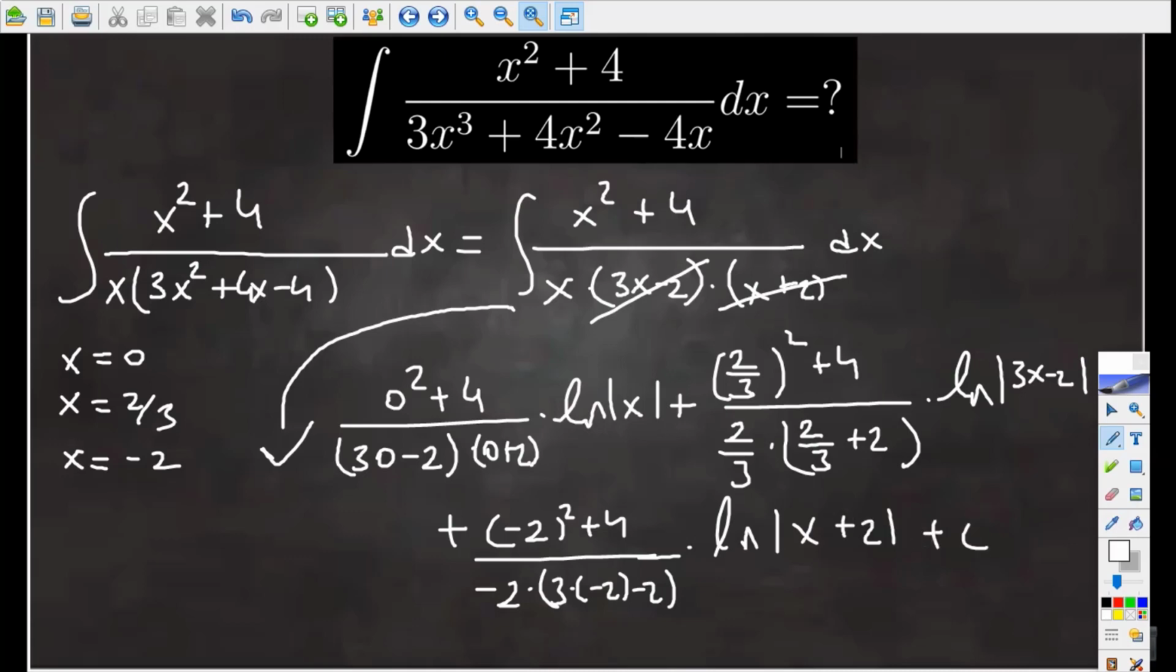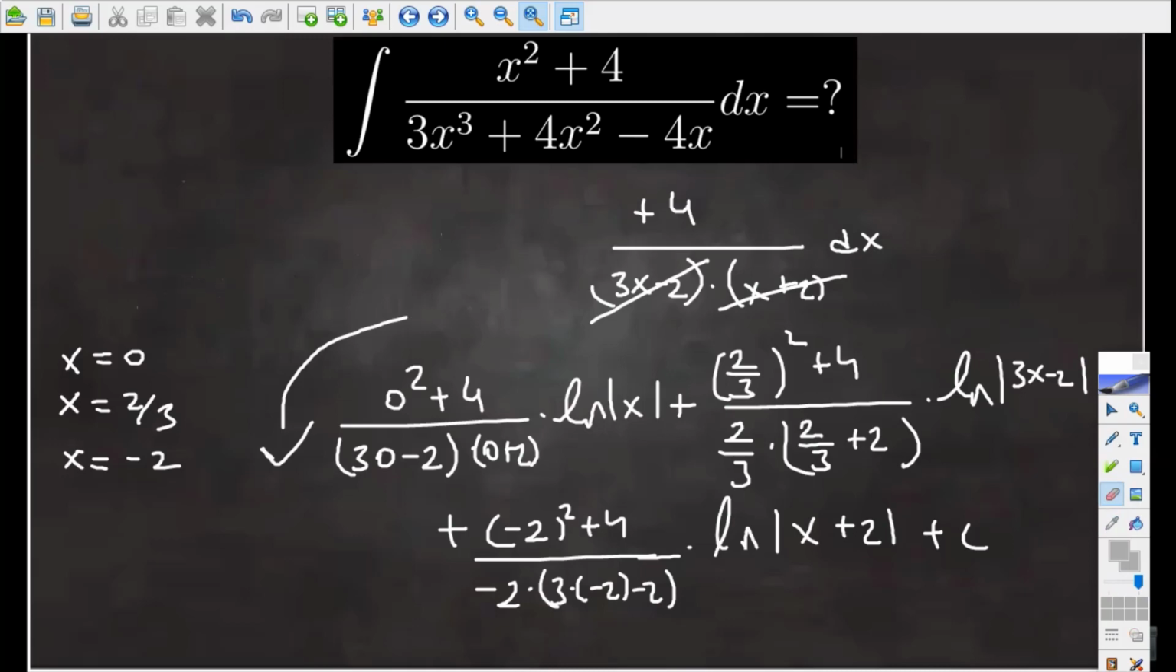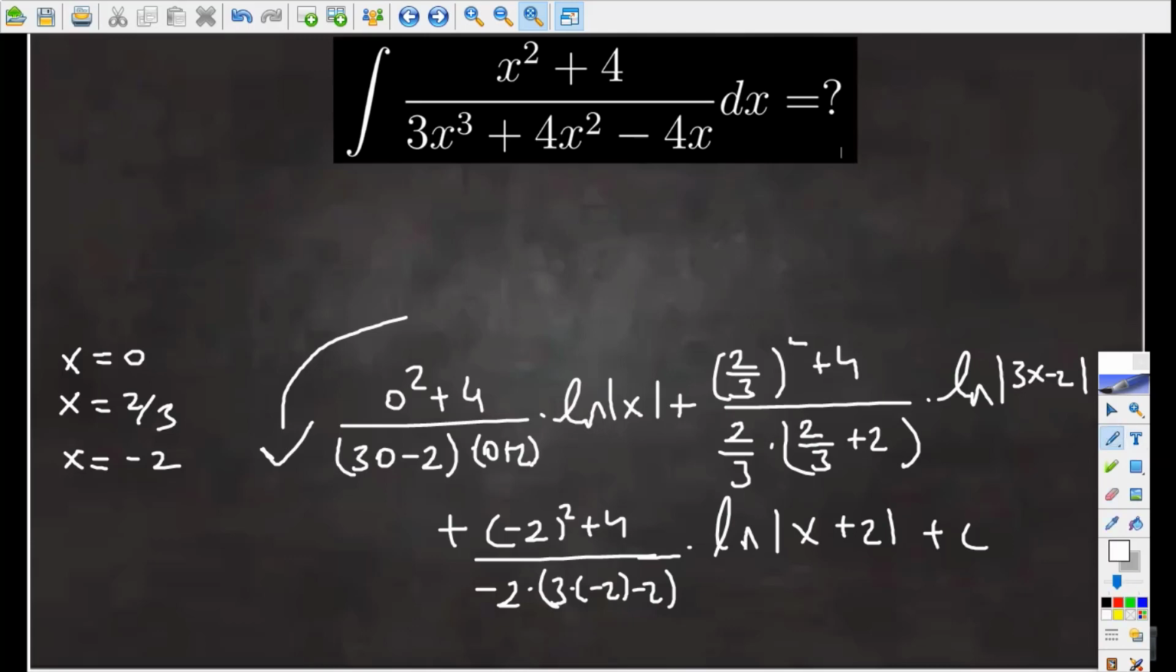So now, after this step, it's just a matter of simplifying the entire expression. So it's going to be equal to the first part. On top we have just 4, at the bottom 3 times 0 is 0, minus 2 and times 2, so it's -4 times natural log x, and plus 2/3 squared is going to be equal to 4 over 9